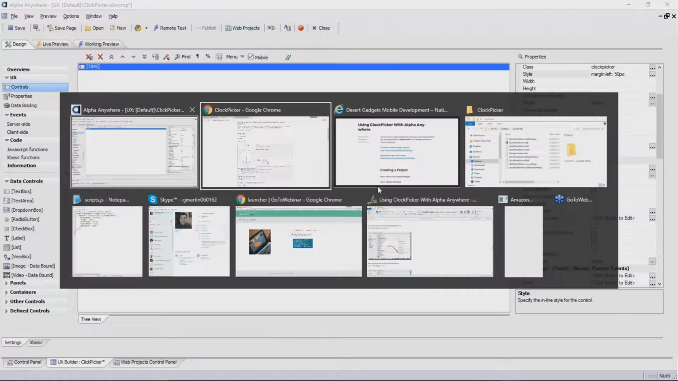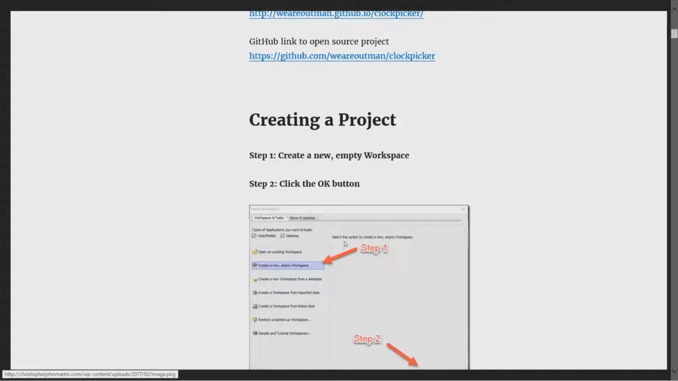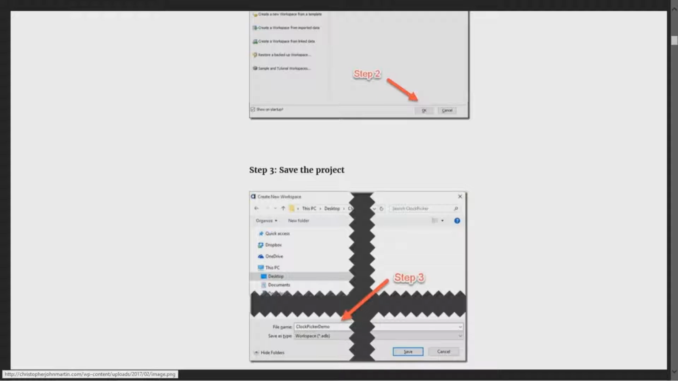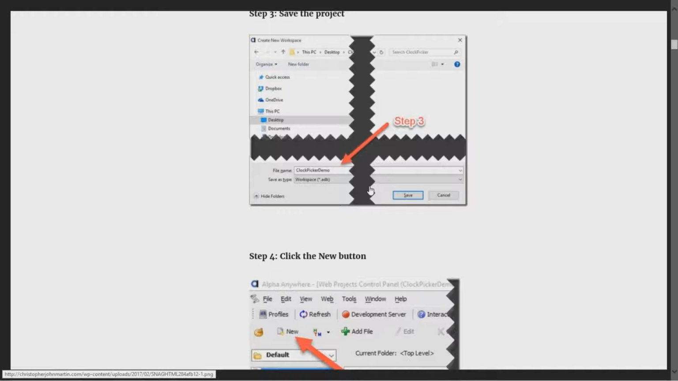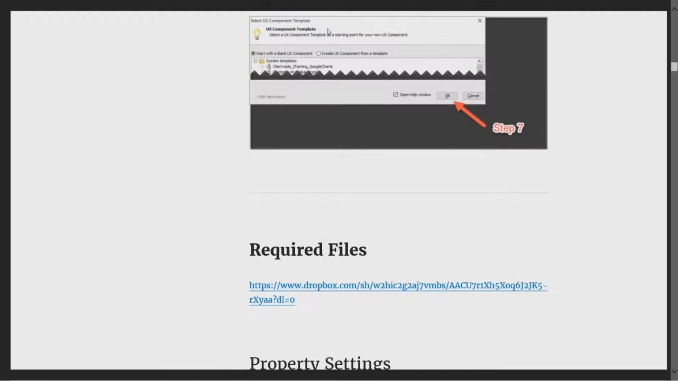Switch back to design here. Go back to my blog. So anyways, these are the two links that I was just showing you for the ClockPicker author's page and also the GitHub link. The first thing I'm going to do today is we're going to create a project, and I have step-by-step instructions in here for everything that I'm going to be doing here today. I'm just going to scroll past this because I'm just going to take you through all these steps in creating